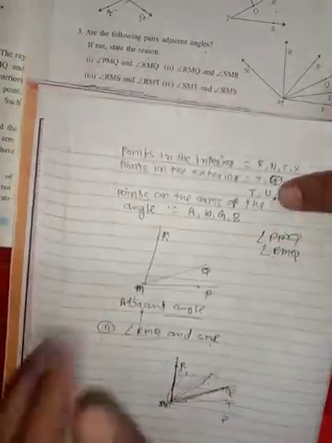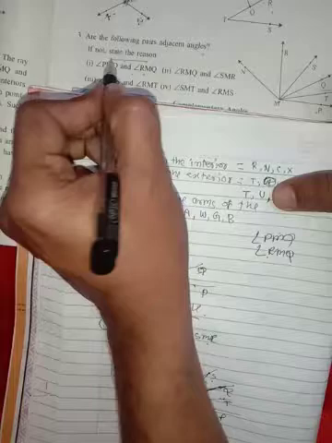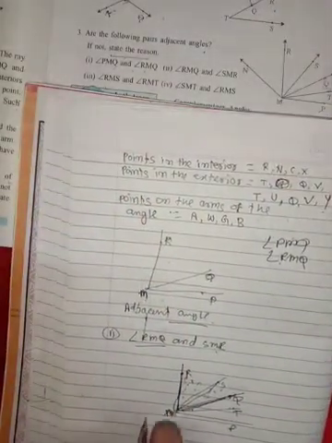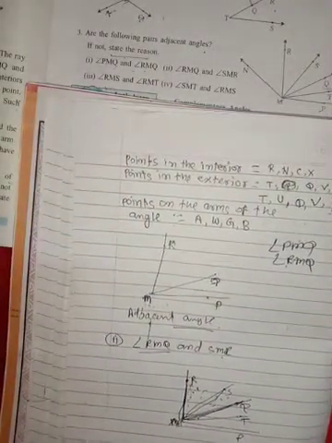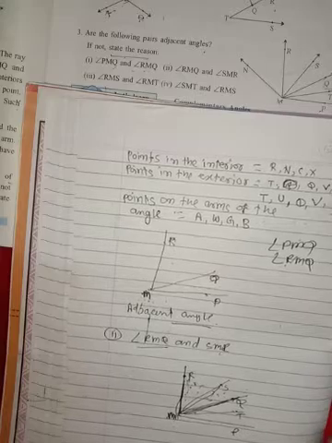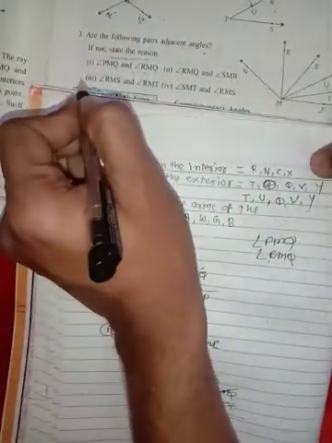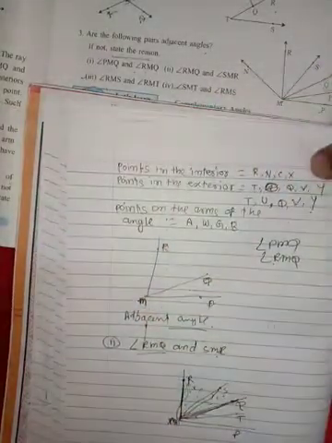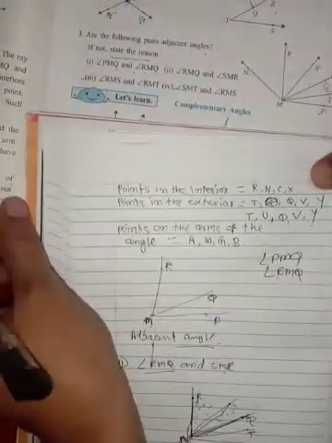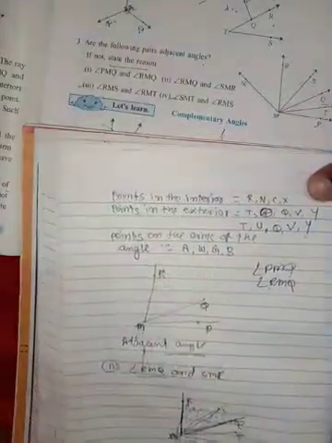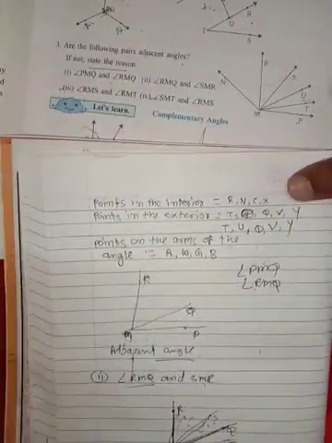So this is not an adjacent angle. State the reason: because they do not have separate interior points. You can write any such reason. Now let's solve examples 3 and 4 next time. This is homework for you. Complete this exercise and send it on our WhatsApp group. Now we will stop here. Thank you.